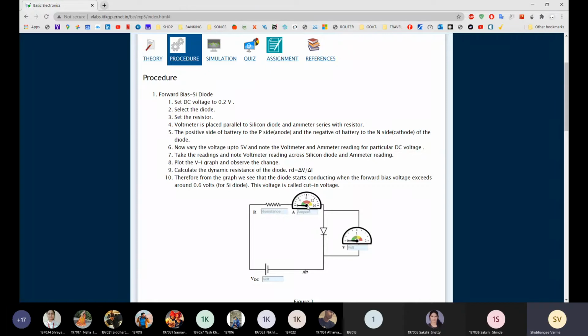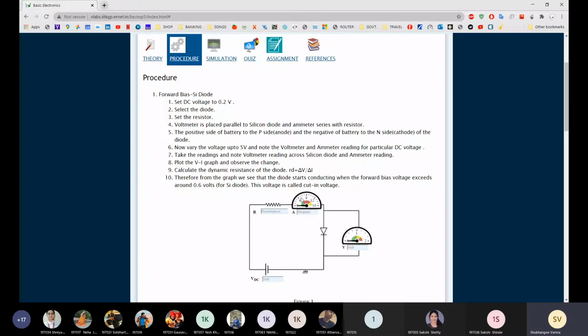Because the ammeter indicates the current, and current flows through the line, whereas voltage is taken between two points. Therefore, the voltmeter should be connected parallel to the device. So here we have connected the ammeter in series with the diode, and the voltmeter parallel to the diode.